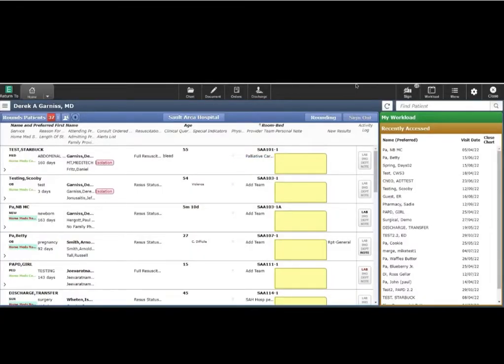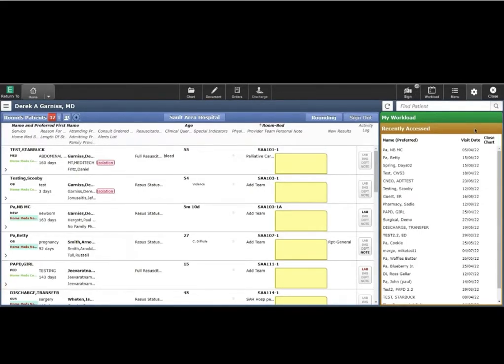When you're working with medical students and residents, if the workflow is that you're going to have your medical student or your resident add you as a co-signer to documents so that you will have the opportunity to review the document and sign off on it, this is going to show up in your sign queue that you see up here on the top of your screen under the Sign button. This would be the same workflow that we use in Expanse 2.1. However, in Expanse 2.2, when you pull up the document to co-sign it,